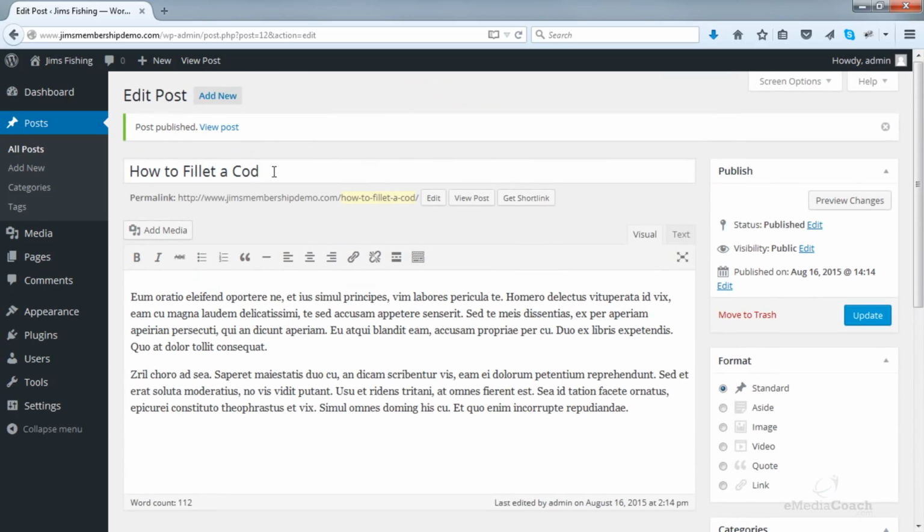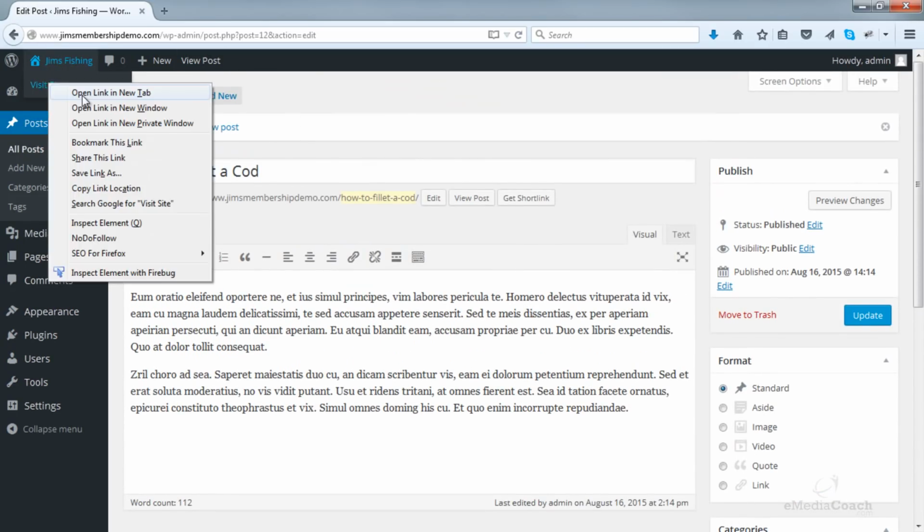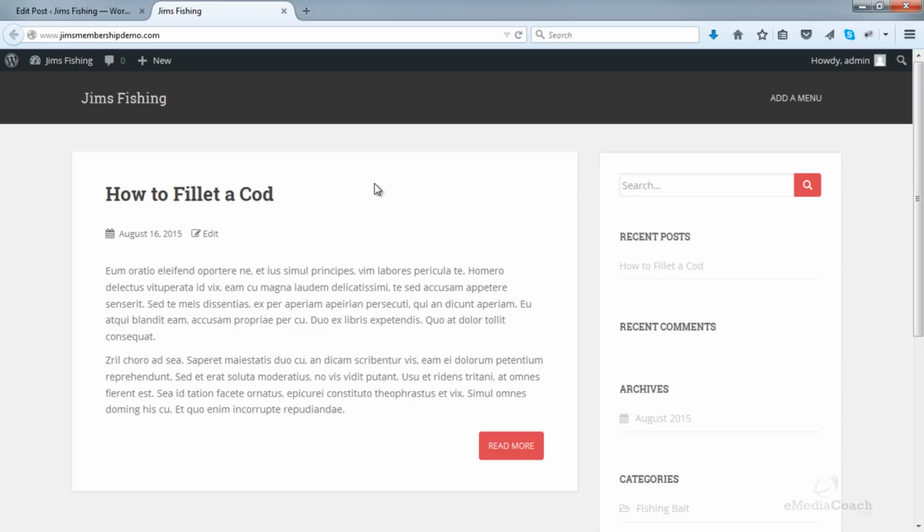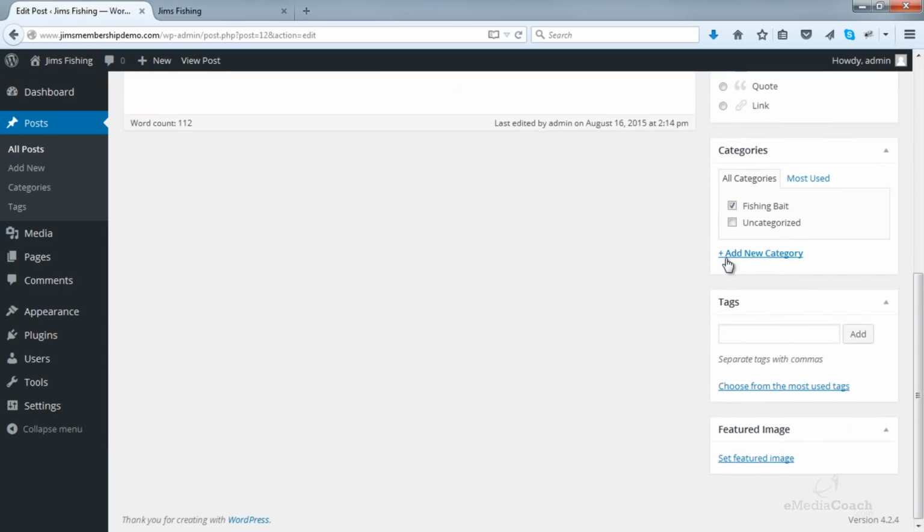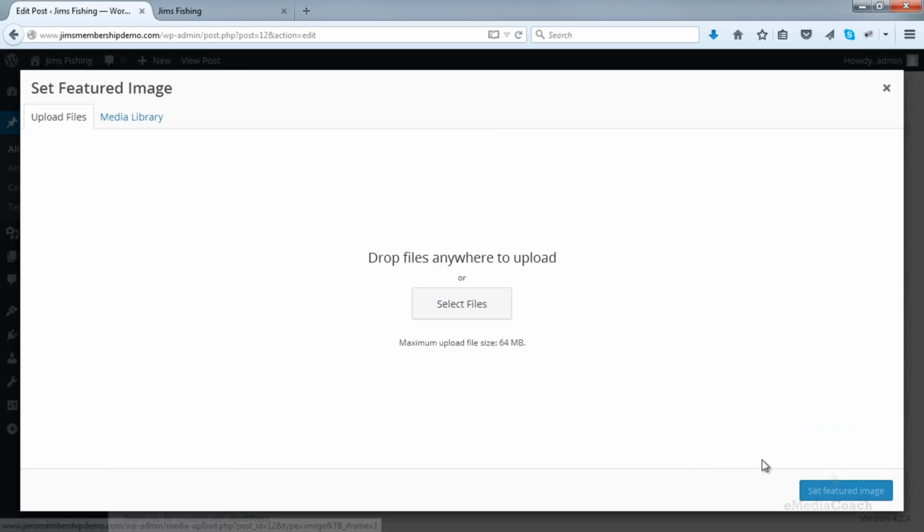Now, at the moment, we've added this post, and if we view our site, this is what it looks like. Now, we can actually add a nice big image, and to do that, go down to Set Featured Image. You'll be able to select a file or drag and drop a file onto this page. I've got some images that I've set up on another screen here.